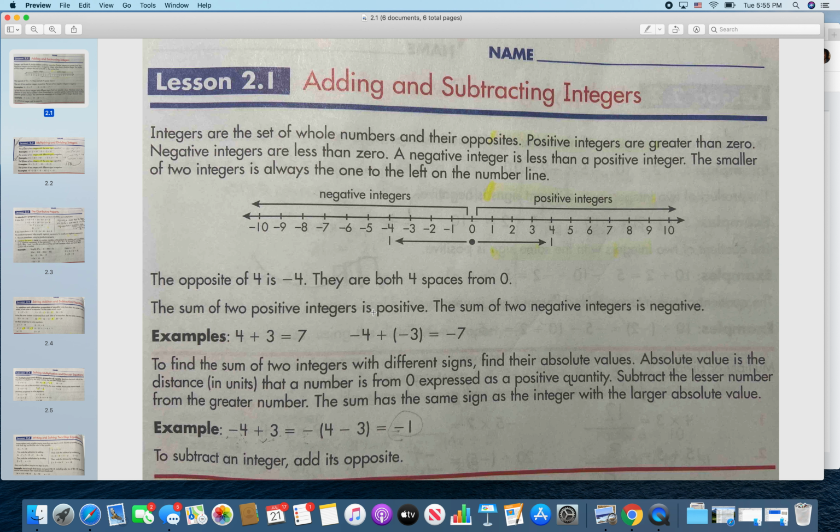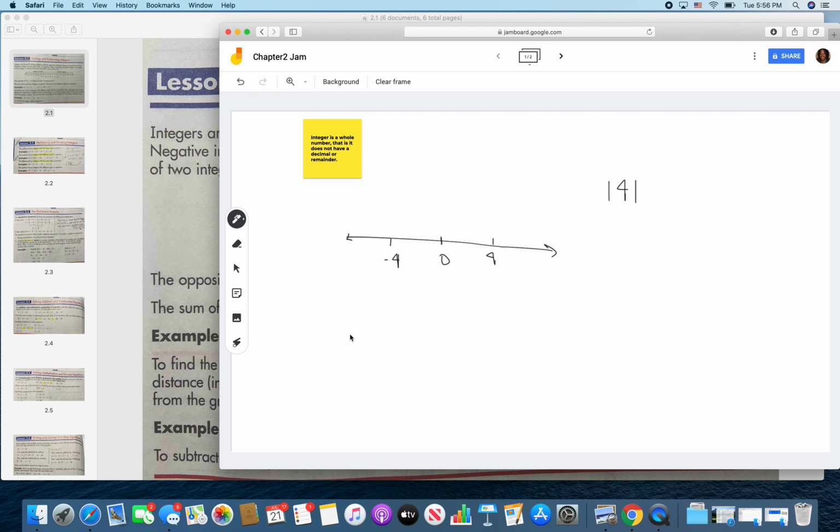And we also learned that if you add two positive numbers, you get a positive number. If you add two negative numbers, you get a negative number. Right? That's what this is saying in this paragraph. But how do you show that? If you go to the number line,